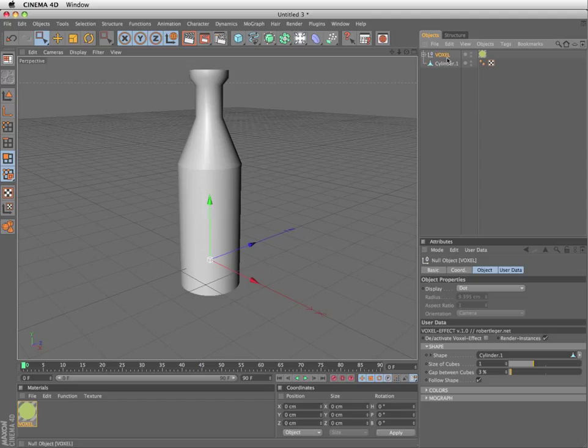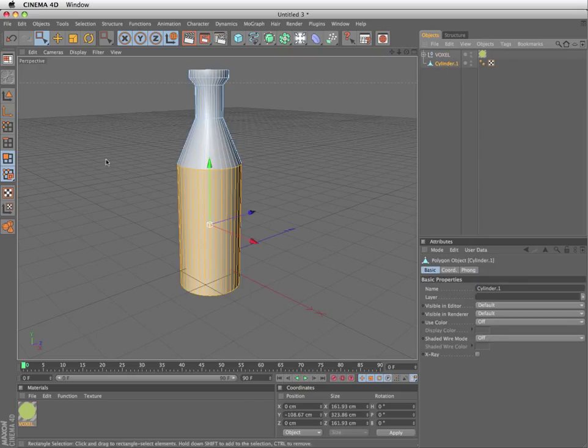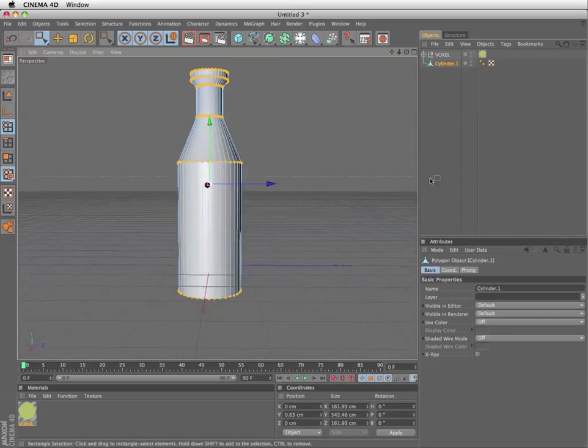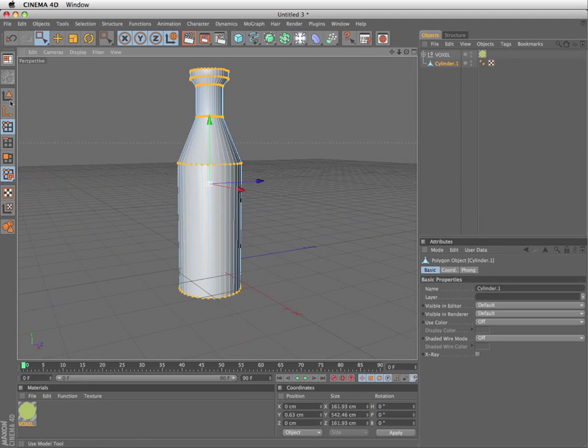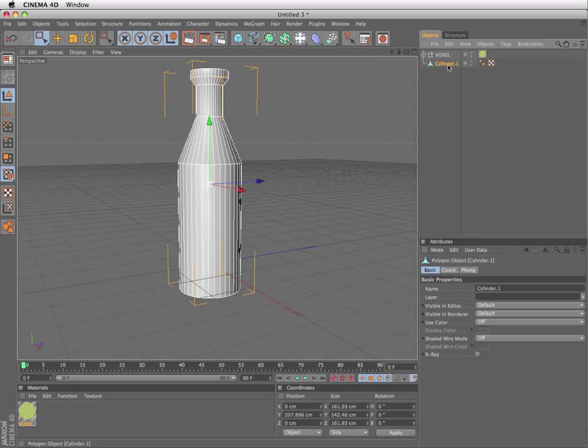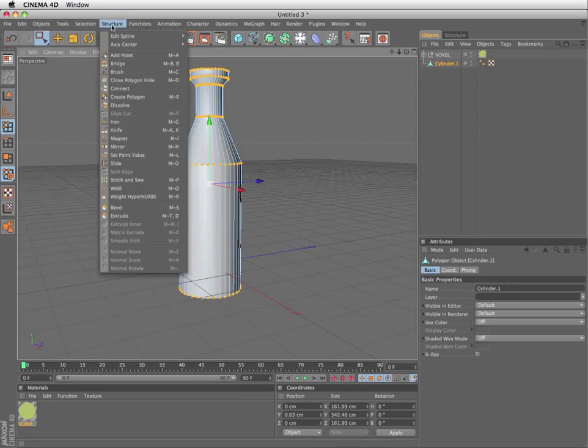For the voxel effect it looked like two separate objects that weren't closed, so that were not really volume objects. And what you can do then is select all points of your object, or just select the object. I think that works as well, but to be sure I will select all points